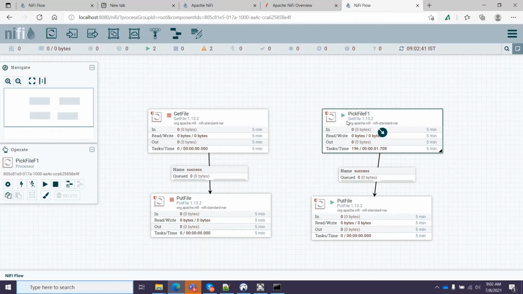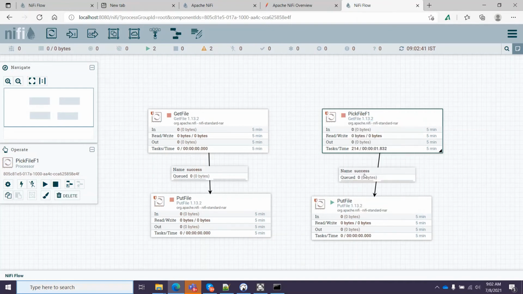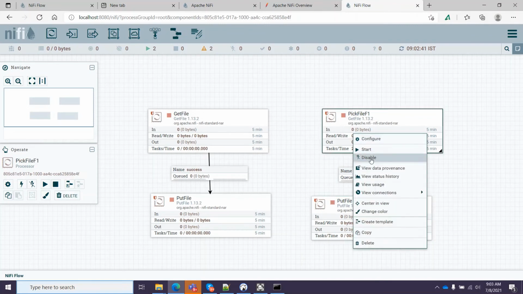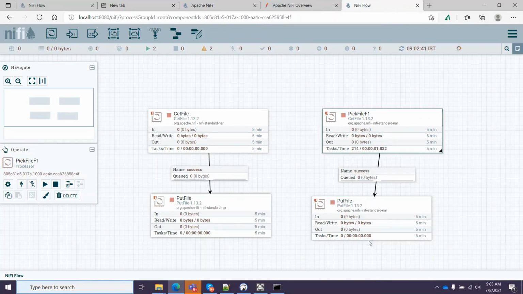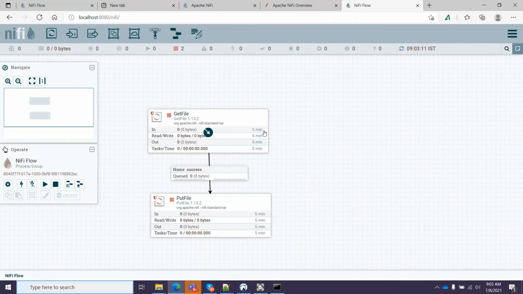I am deleting my old flow. See here, it shows different details of how many ins there are, how many bytes have been read, how many output bytes have gone from this particular get file processor.